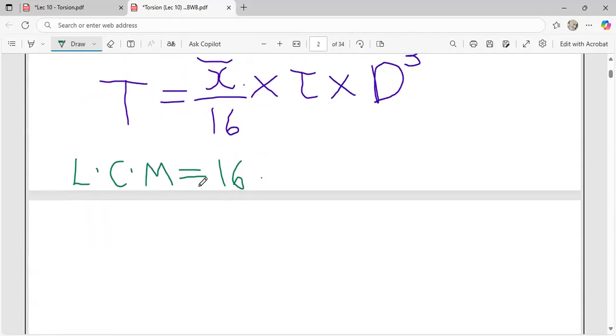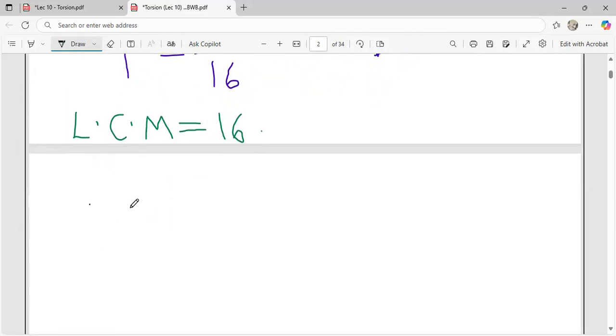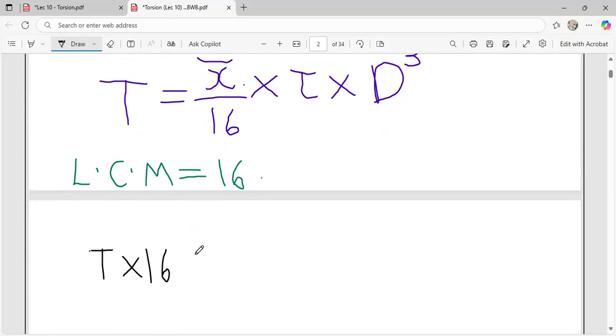If our lowest common multiple is equal to 16, it means that we have to use it to multiply everything. So it implies that we are going to have T times 16, which is equal to